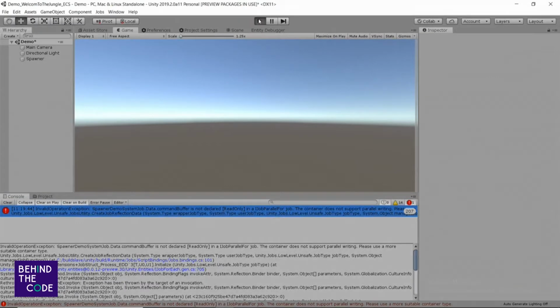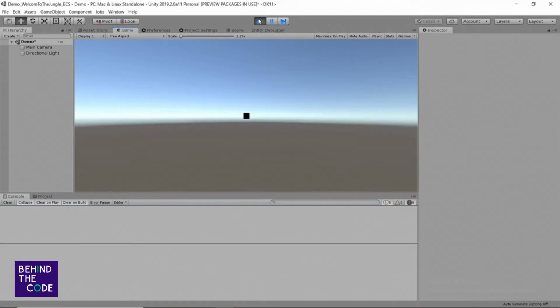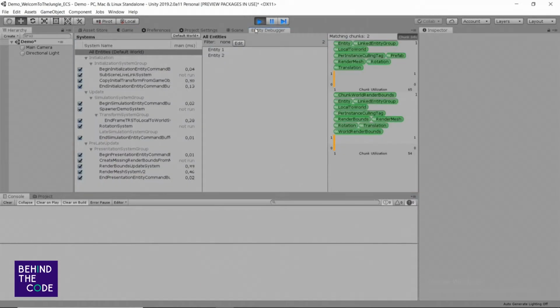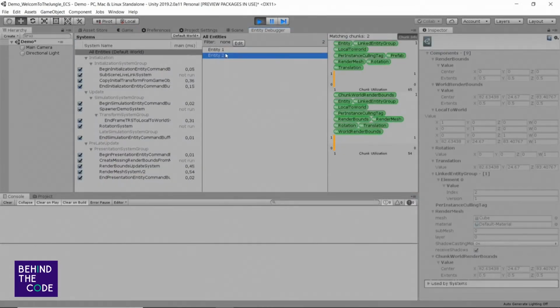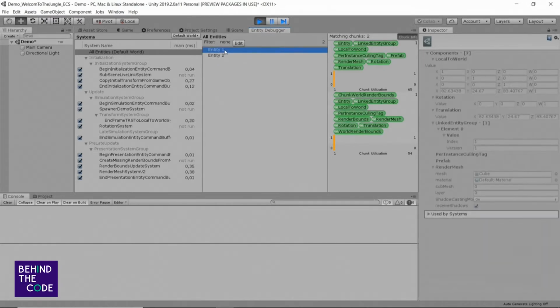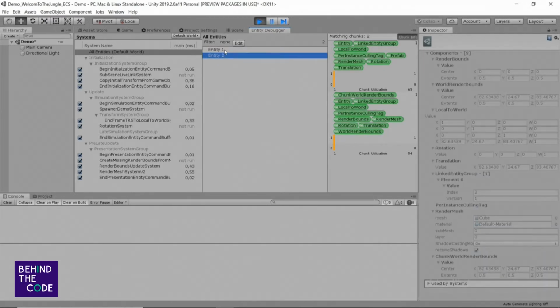Do I have another mistake? No, I have my cube which is instantiate. I'm good. Okay. So here we have our prefab, and here our entity.